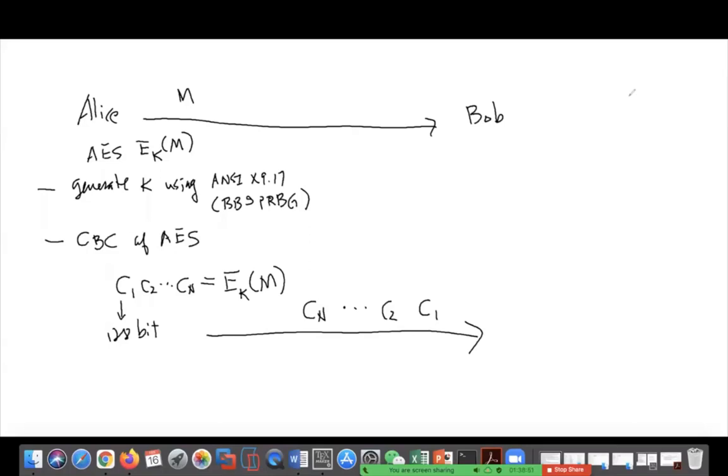Okay, so Bob gets these ciphertext blocks, but Bob cannot do anything about it